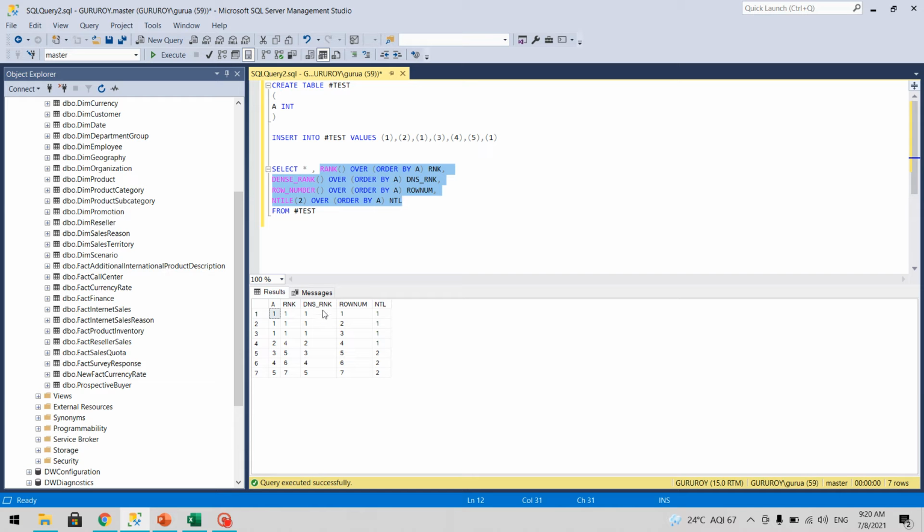But if you feel that no, I want to order them, like if I have two 5 entries, one 5 will be max and another 5 will be second max, then you can go ahead with row number.